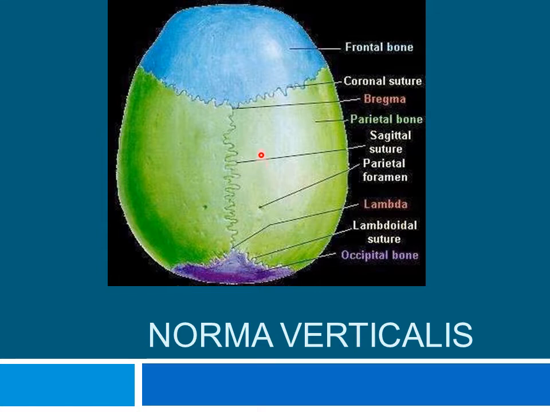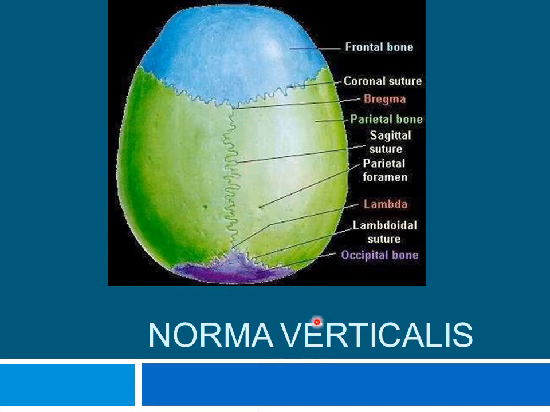So we shall see bones present in that particular region and some features of that particular region. Then Norma lateralis is nothing but the lateral view of the skull, and Norma basalis is nothing but the inferior view of the skull. And one more Norma we have, Norma occipitalis, which is the posterior view of the skull. So in total we have 5 Normas.